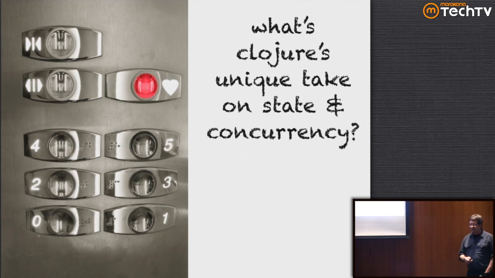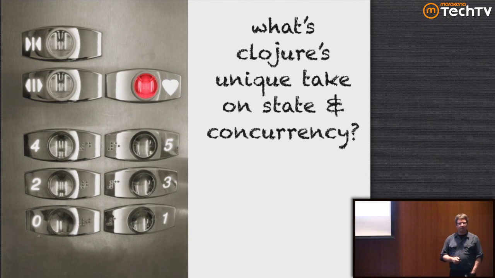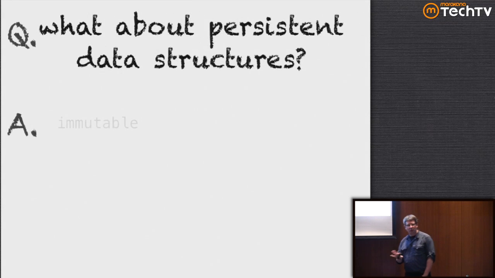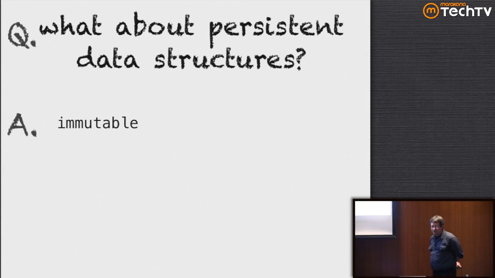So before we get too deep into this, let's start talking about state and concurrency, because that's one of the reasons you came here: you heard Clojure had this really wicked cool stuff around concurrency, and it's true, it does. But let's talk about data structures for a second in the Clojure world. Data structures in the Clojure world are immutable, which may make you frightened for performance, because you're used to a language like Java, where immutability is a second or third class citizen at best.